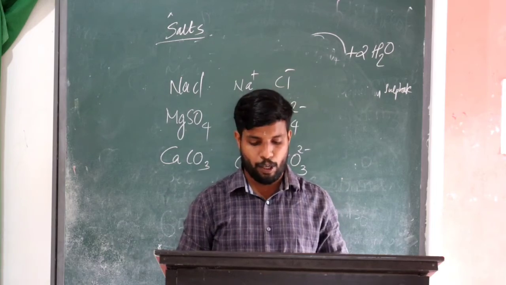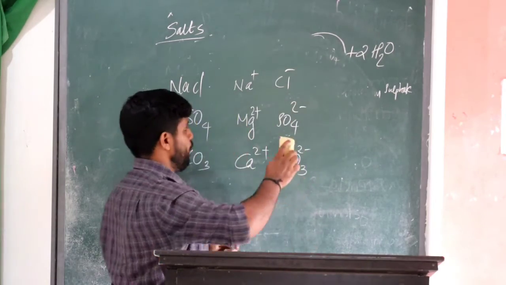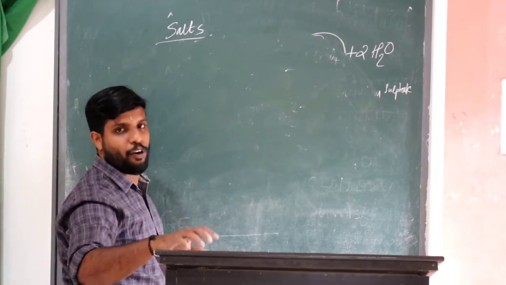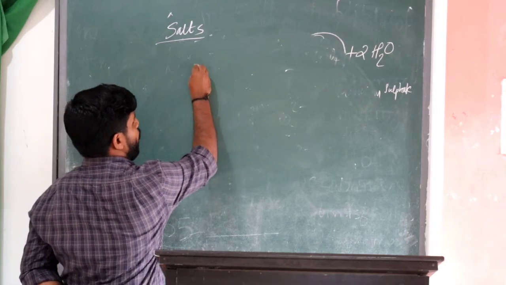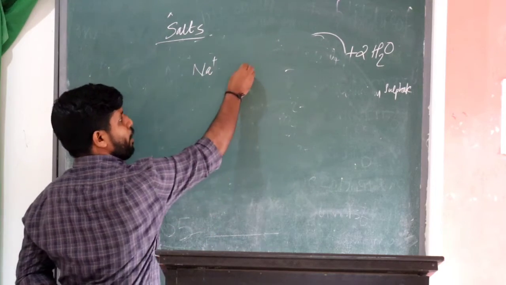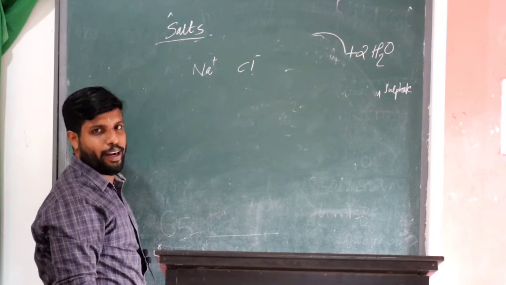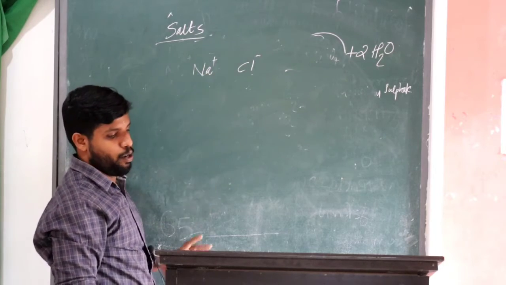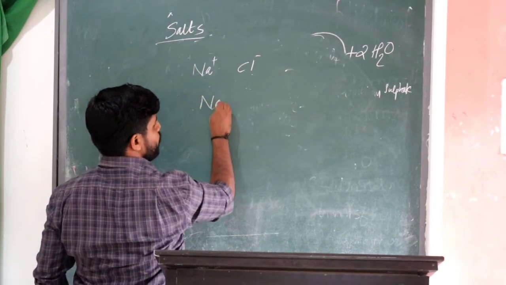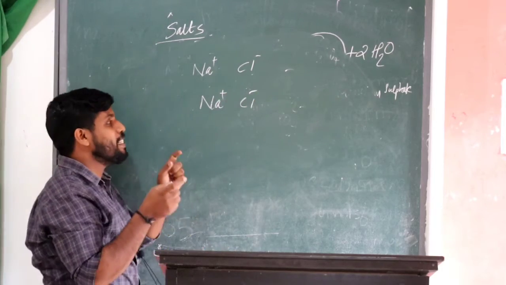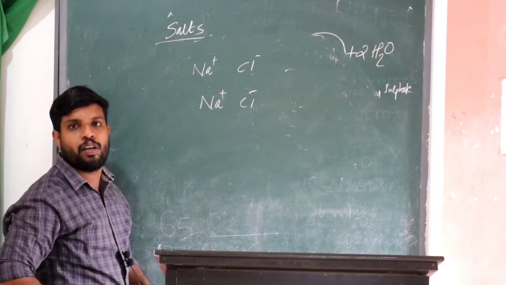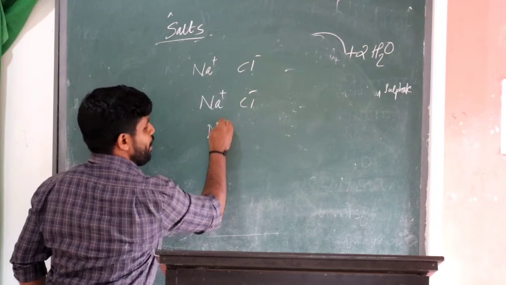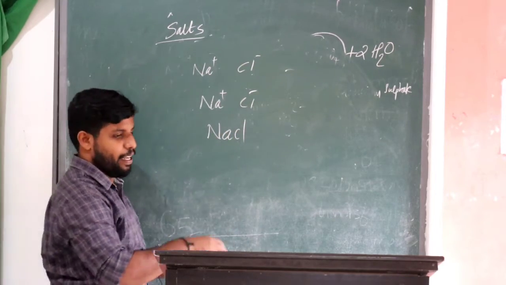So what is the method we are using here? We are going to explain. So listen, if you want to write the chemical formula of sodium chloride, we want to know sodium, it is Na+. Then chloride, sodium chloride, so the chloride ion. First of all you write the symbols of the ions, that is Na+ and Cl-. Then the second step, you interchange the values given, it is 1, here also 1. Interchange the values. So same, you can write NaCl.